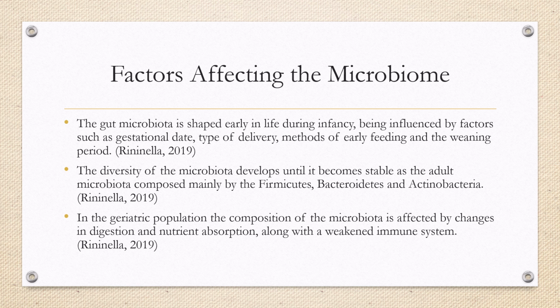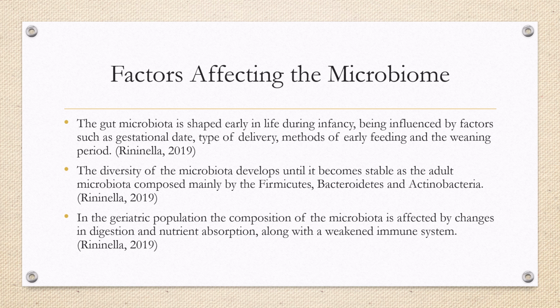Factors affecting the microbiome. The gut microbiota is shaped early in life during infancy, being influenced by factors such as the gestational date, type of delivery, methods of early feeding, and the weaning period. So, method of delivery refers to either a vaginal birth or C-section. The diversity of the microbiota develops until it becomes stable as the adult microbiota, composed mainly by the Firmicutes, Bacteroides,